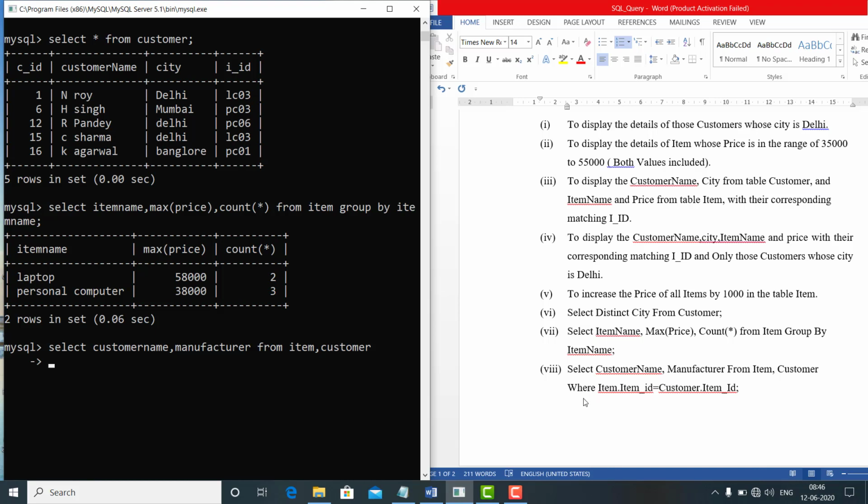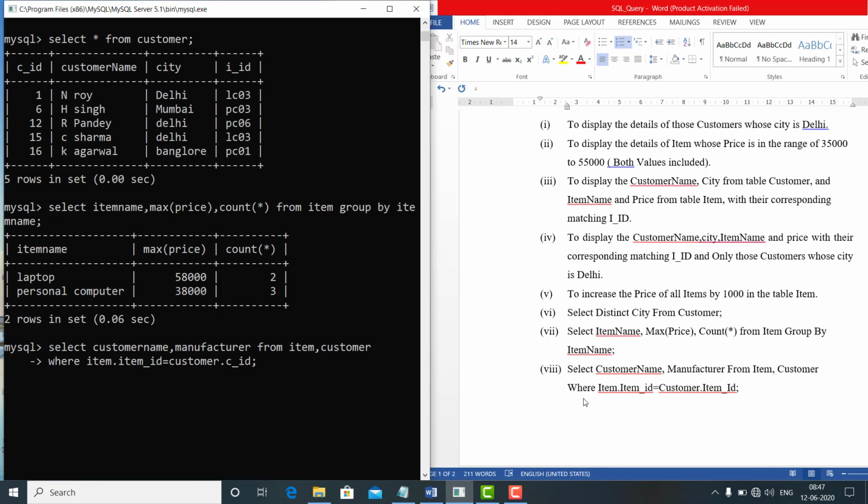So we will write where item dot item ID equal customer dot CID, you can write C underscore ID.